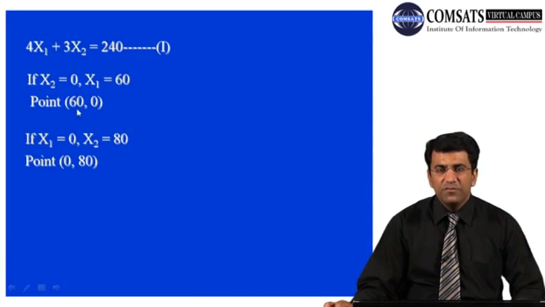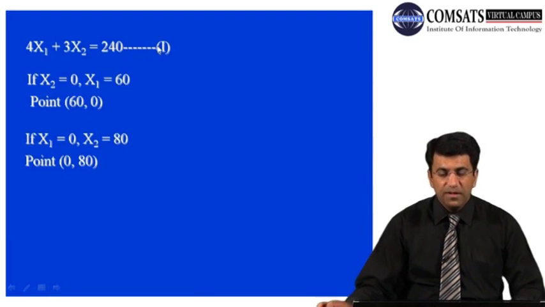So this is a particular point. We will have to draw this point on the graph. In the same way, we will put now x1 is equal to 0 in the similar equation. If we put x1 is equal to 0, then what will be the value of x2? 80. So this is another point, 0, 80. Now both of these points are related to this particular constraint or equation, that is